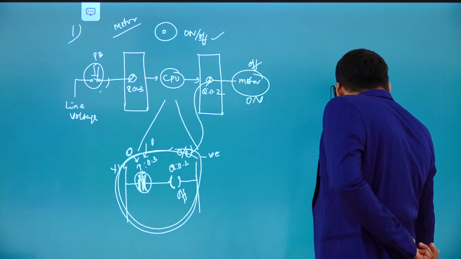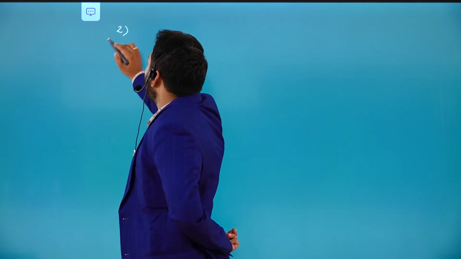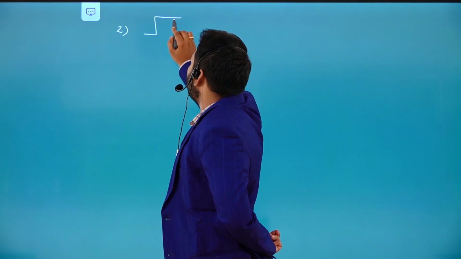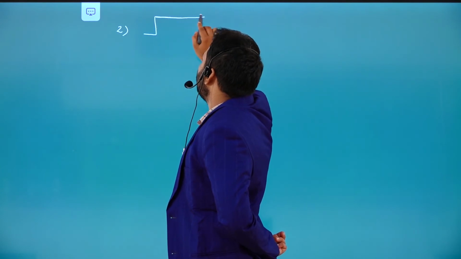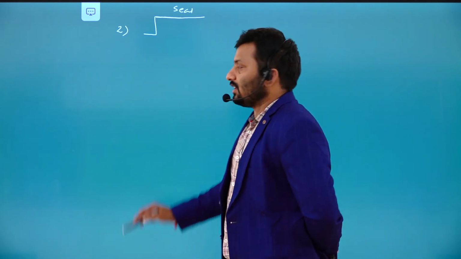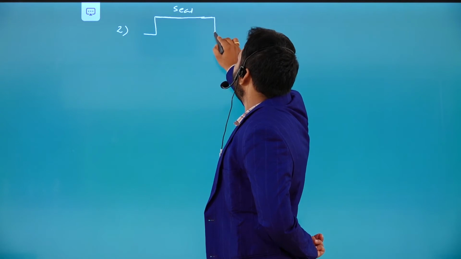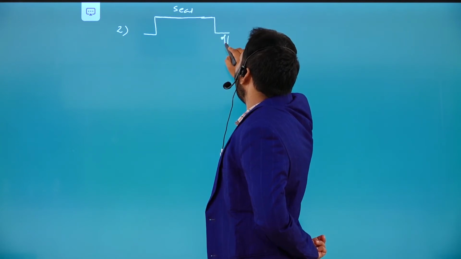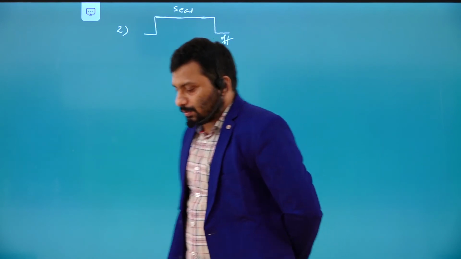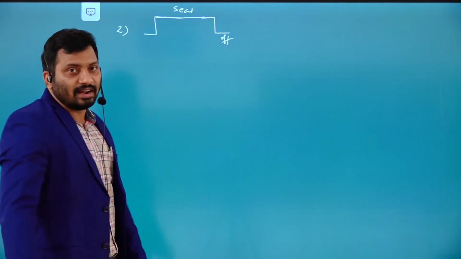The second way: what is the second way of control? You want to control the motor so that it goes from off to on state and keeps on. That means we need to seal in the on state up to some extent. Then whenever you want to turn it off, you can turn off this motor. So this is the way we need to control in the second application.